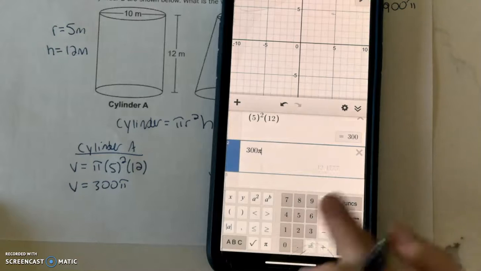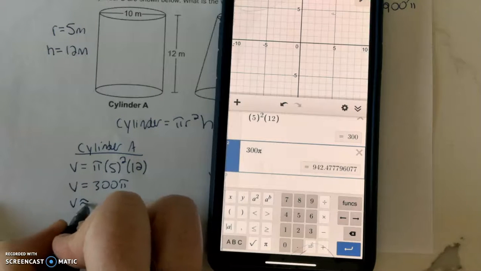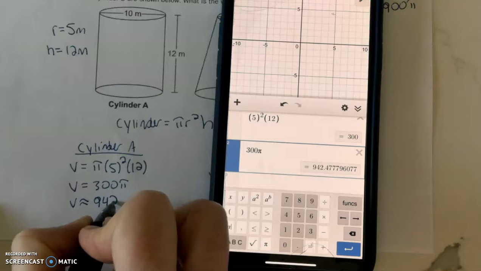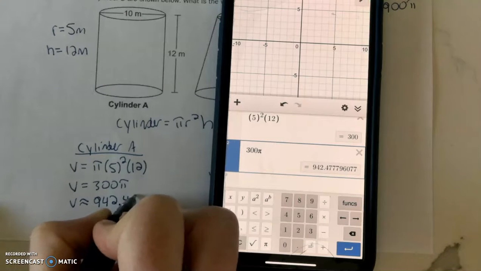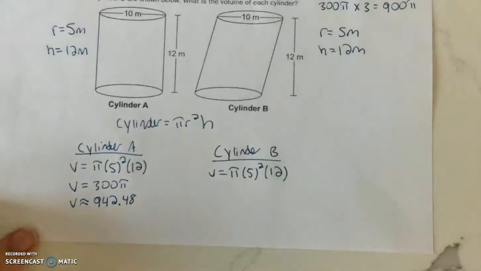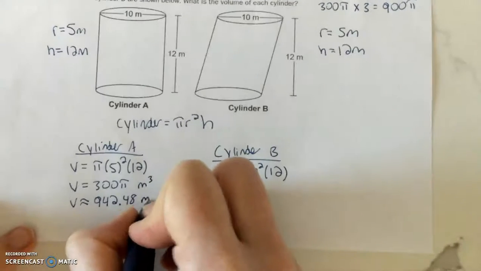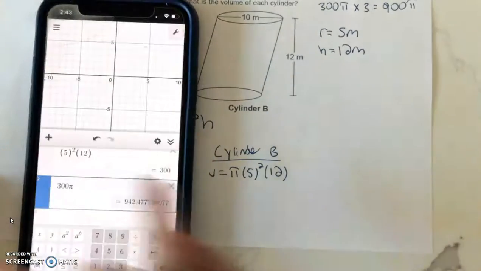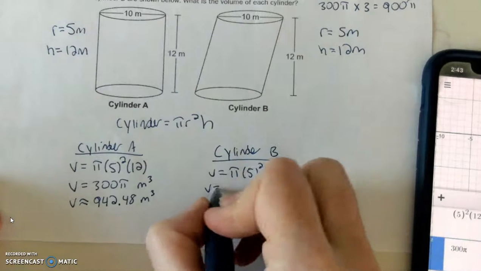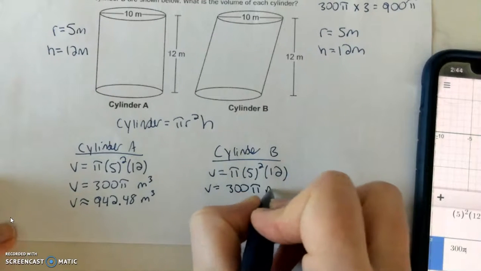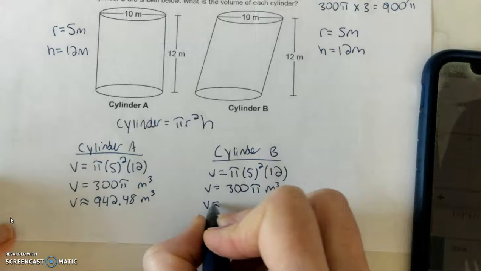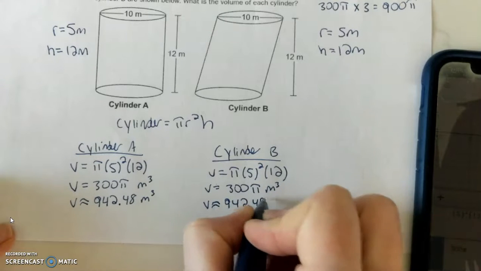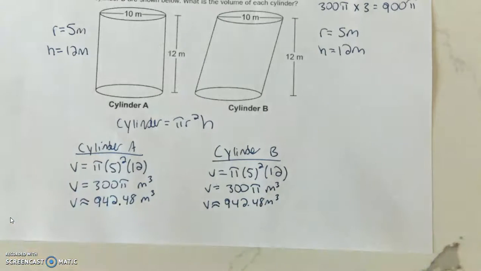If I put 300 pi in, it'll give me a decimal. So I'll say the volume is approximately 942.48. And remember, our unit here is meters cubed because we're talking about volume, and volume is 3-dimensional. All right, let's do the same for cylinder B. Again, I would put in exactly the same thing, right, because it's the same numbers. So volume is going to equal 300 pi meters cubed, and it's going to be approximately 942.48 meters cubed. So you can see they have the exact same volume,